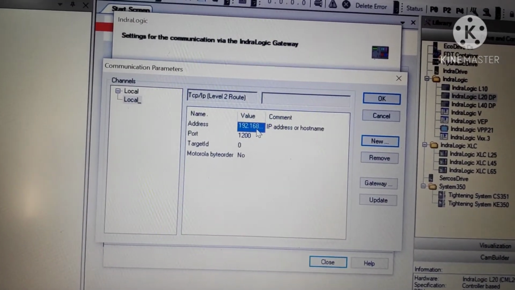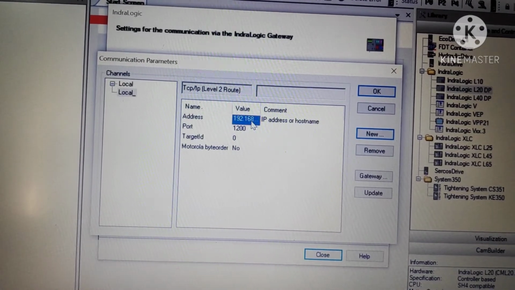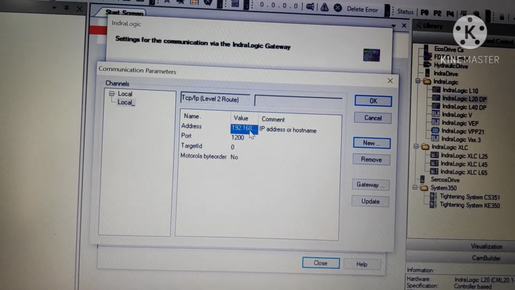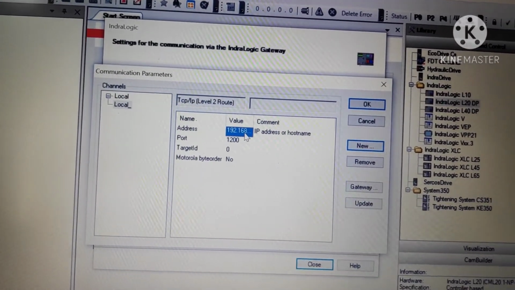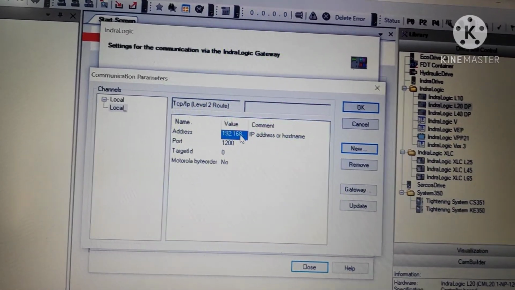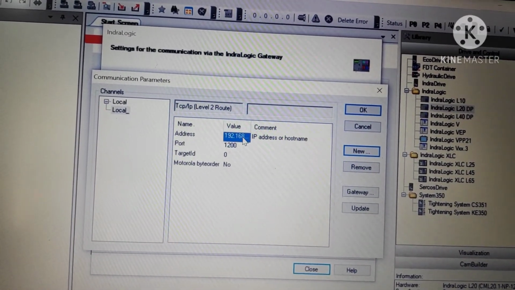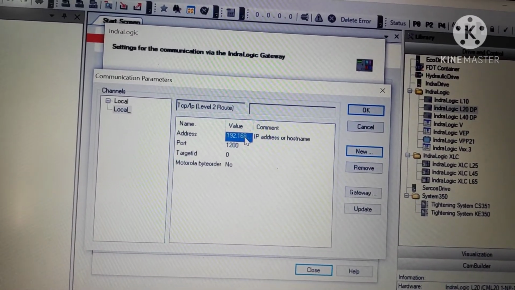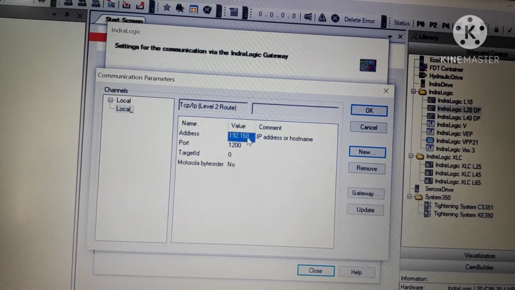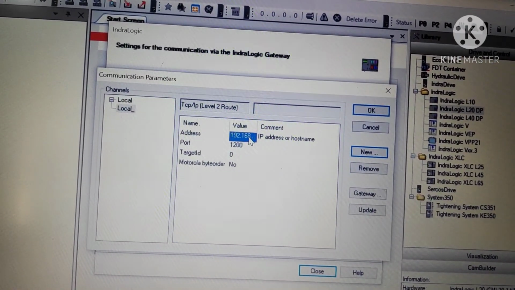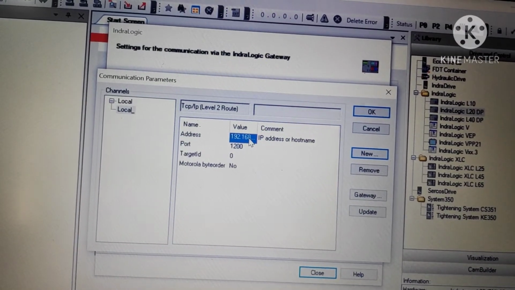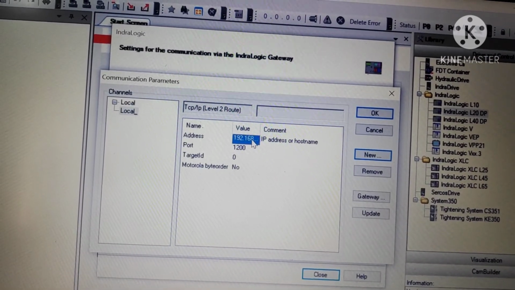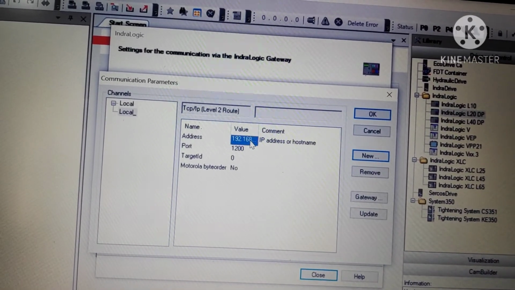Once you're back to the campus, I can show you this IP address on the PLC screen. I guess in my previous video I have shown, I think I have explained even how you can see this on the screen. So this IP address is not of my laptop. It is the IP address of the PLC. The IP address of the system and the PLC should be different. I have explained it in my earlier video. That means you're giving the input to the PLC from the IP address of your system, and from the IP address of my PLC, it is giving me output. So definitely input and output IP will be different only. It's like from address and to address.